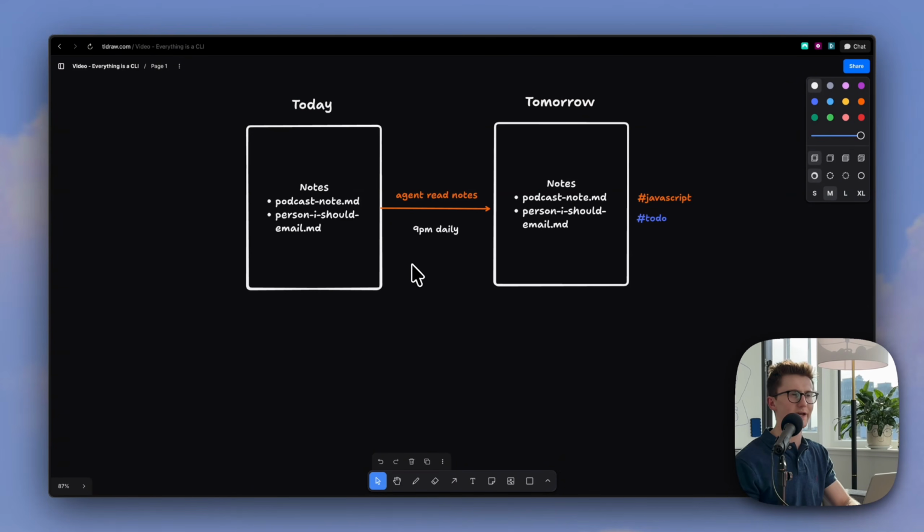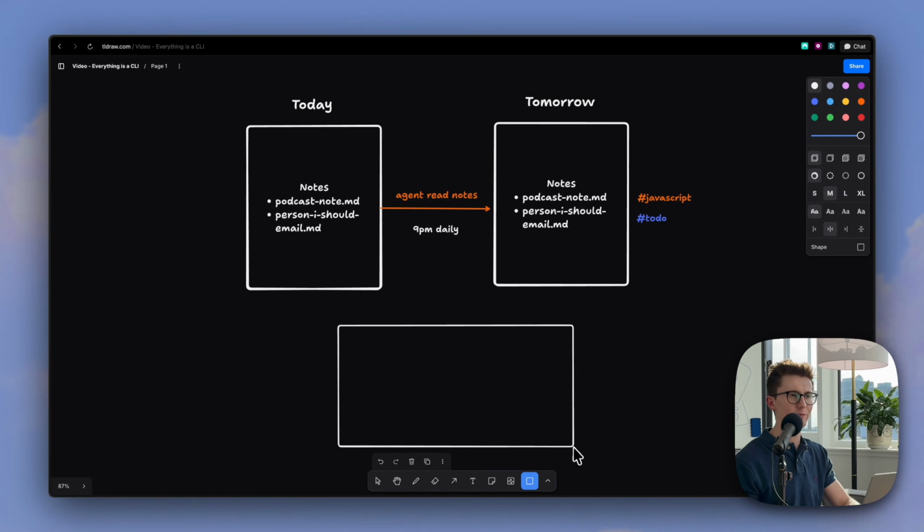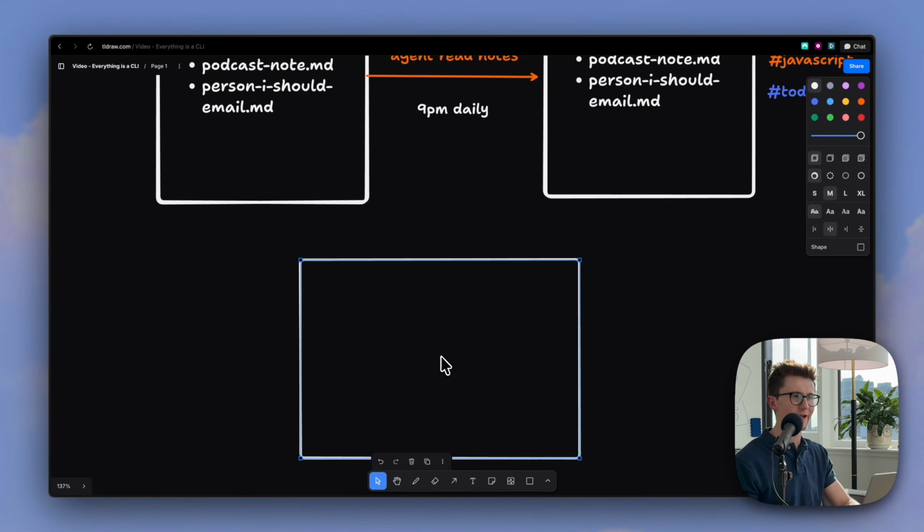Now, to do that, I could let an agent access my machine. It seems more and more people are doing that, but I would prefer to have this run in some sort of process that I can schedule and monitor whenever it runs, maybe be able to see it on my phone. So I'm going to go with the cloud to do this sort of thing,